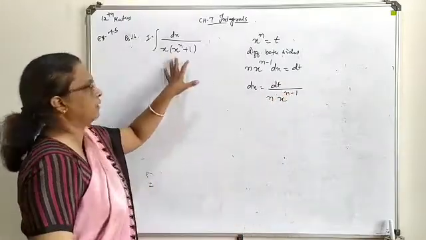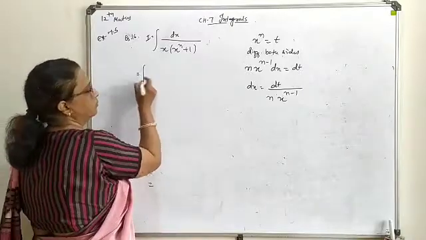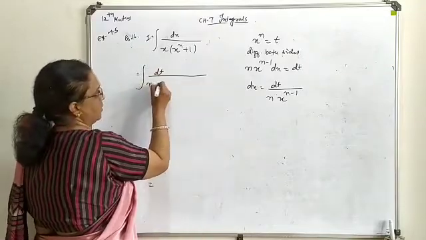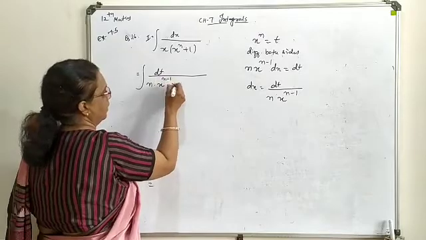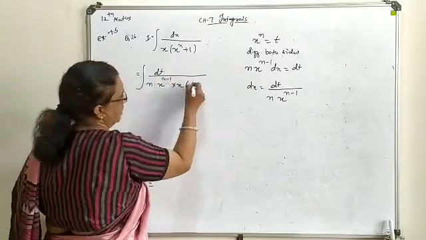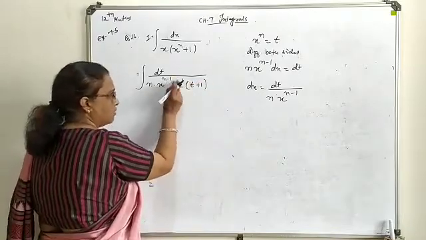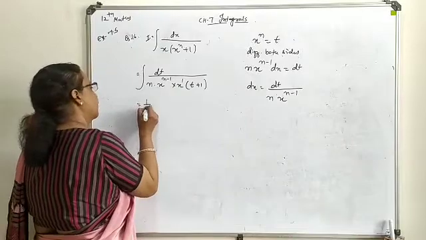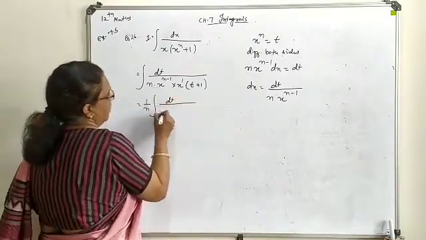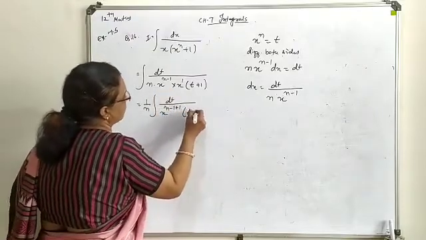Now this dx you write over here in the question frame. So this will be your dt, n being constant, x power n minus 1. This x is already present here. This x power n means t plus 1, and it is carrying power 1. So these two powers will be adjusted. This 1 upon n is being constant. This is dt, x power n minus 1 plus 1. This is t plus 1.